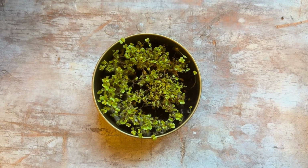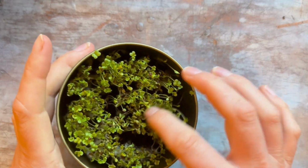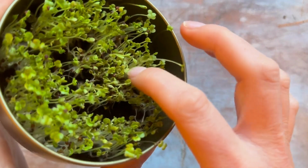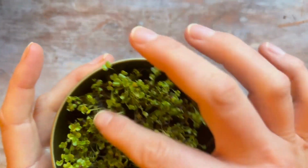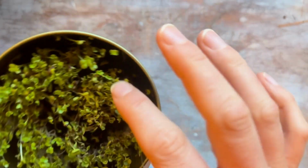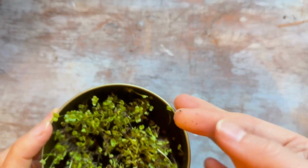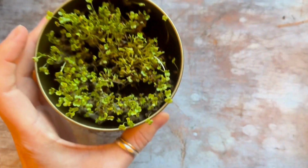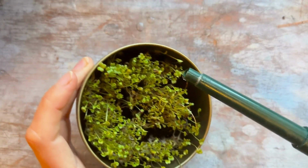So day 6 on the broccoli in the microbiology tin. As I said before, there's some clumping here where I planted them quite densely, but that will grow up, it's not a problem. And I didn't water them too much yesterday because these containers hold the water more than the bamboo trays, but just feeling down there, it's okay, but I am going to give it a little,